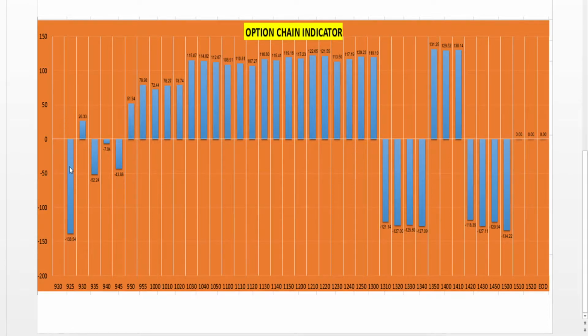So this indicates a downside move, but I generally ignore up to 9:45 and 10 o'clock because the volatility is so high. Sometimes it goes up, it comes down, and people adjust their positions. The person who has carried BTST in options or futures, if he is the market mover, will try to close the position and enter at the right place. So he will square off his positions first of all.